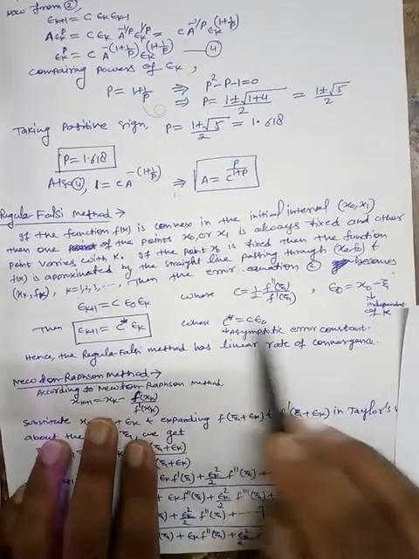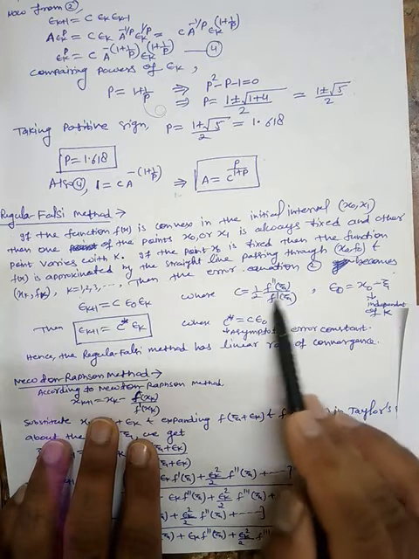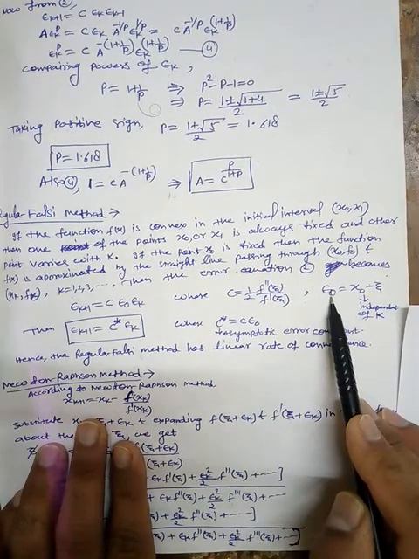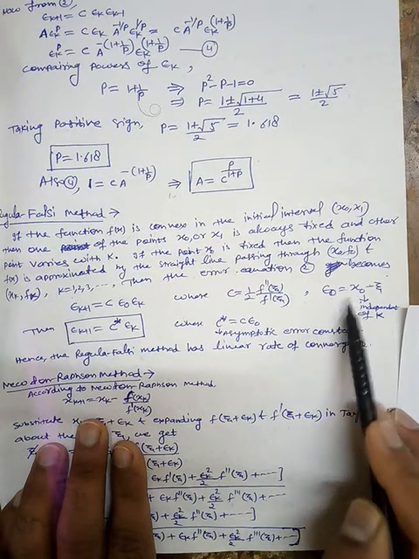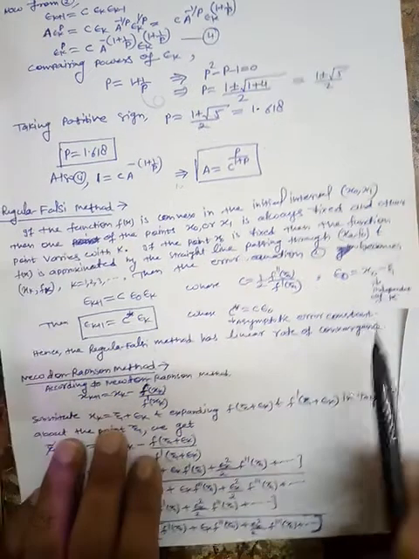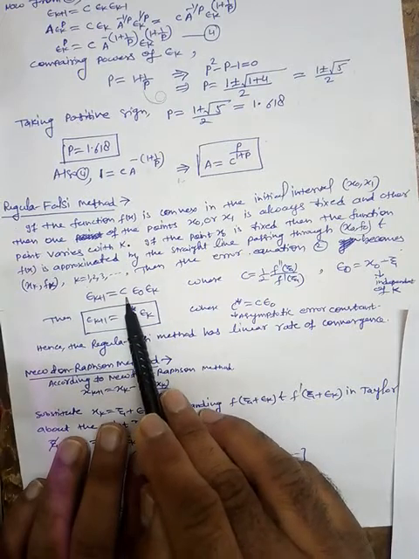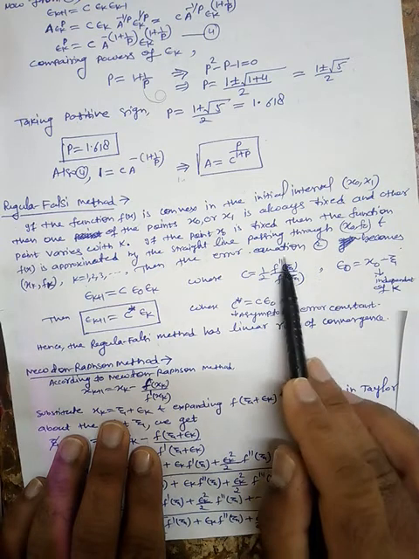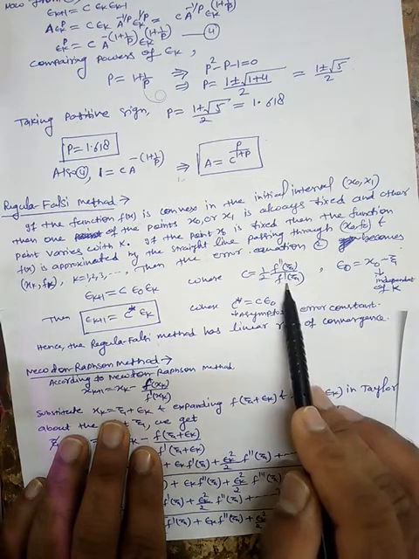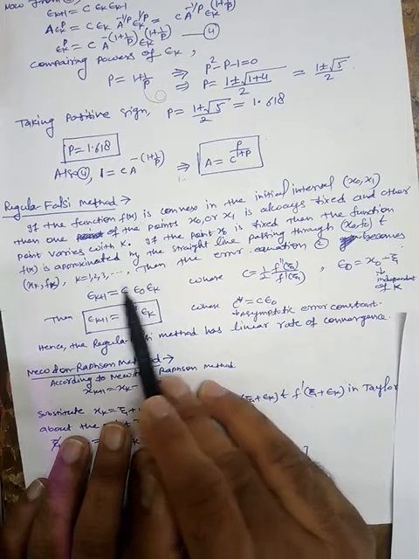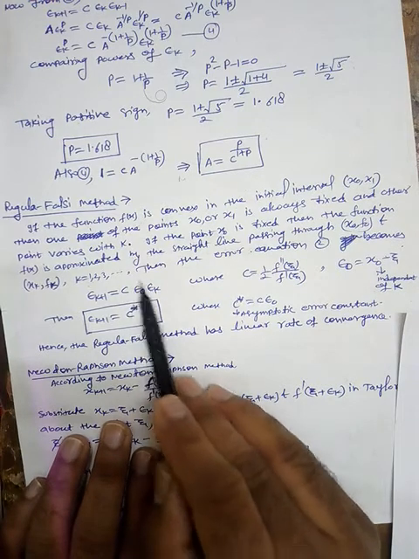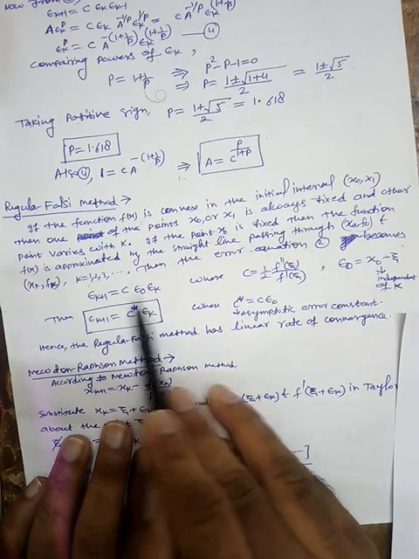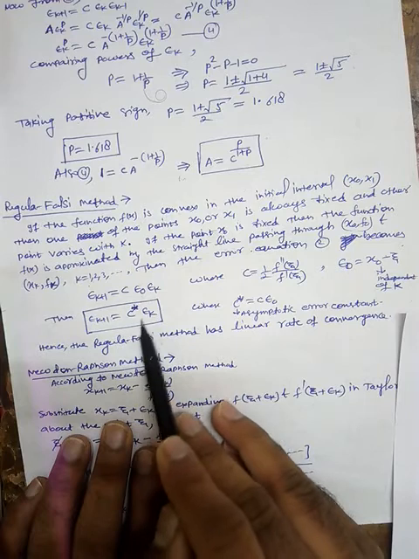Okay, where C is the asymptotic constant, 1 by 2 times the second derivative of f at xi divided by the first derivative of f at xi, and where epsilon naught is the error corresponding to the point x naught. So epsilon naught is x naught minus xi. Okay, so here C is constant. From this you can see that xi is a root, so this will be a constant value, this will be a constant value, so the ratio will be a constant value, and hence we can say that C is constant. Here epsilon naught is a fixed quantity, this error is fixed, so this is also a constant. So ultimately the product of these two constants is a constant, and this is denoted by C star.